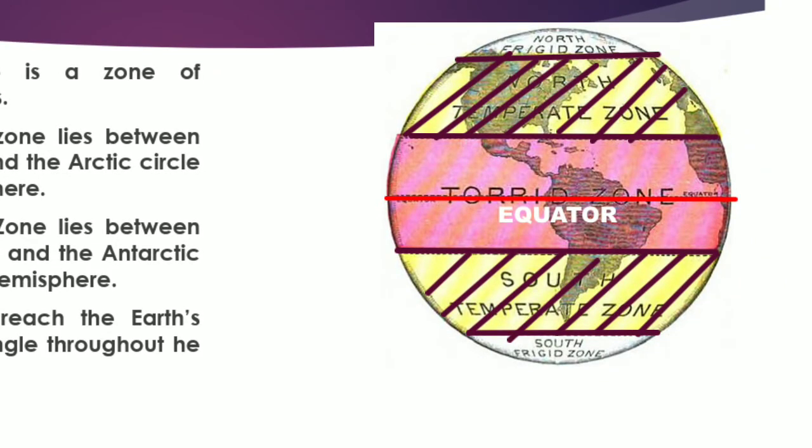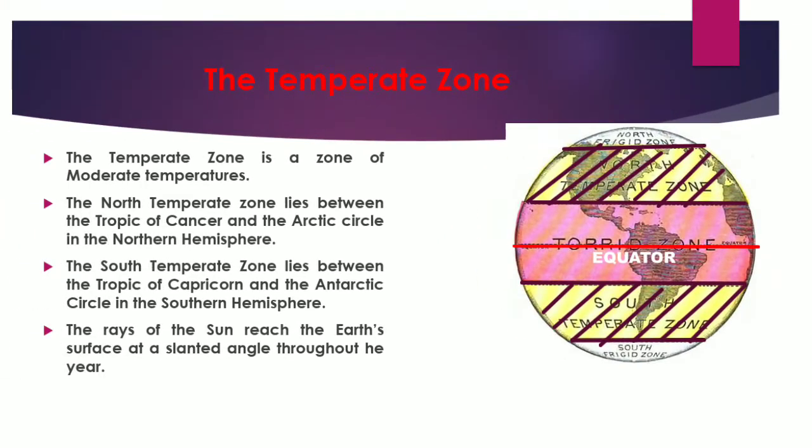The area you can see which I have marked with the brown bars, that zone over the two different hemispheres, that is the northern and the southern hemisphere. So the above one is the north temperate zone and the below one is the south temperate zone, and in between it is the equator. So I hope it is very clear.